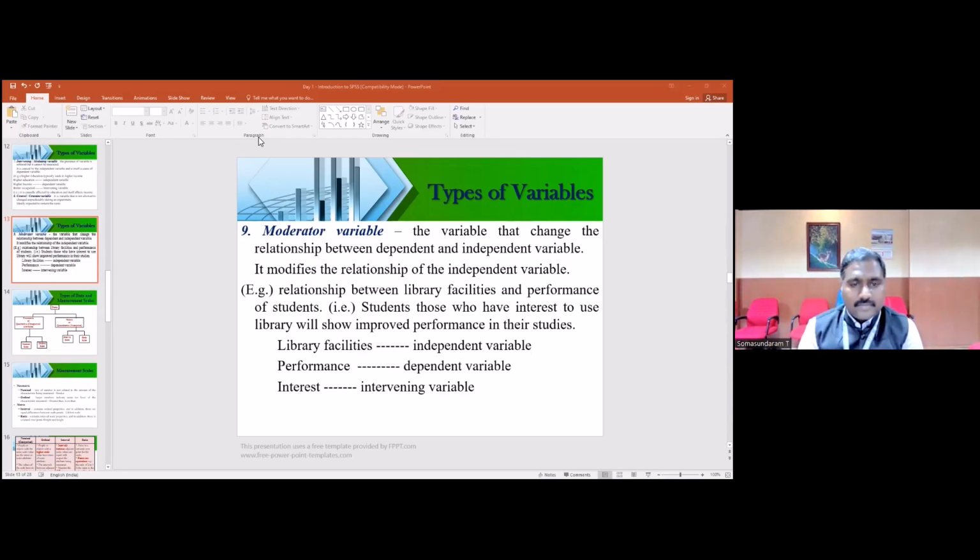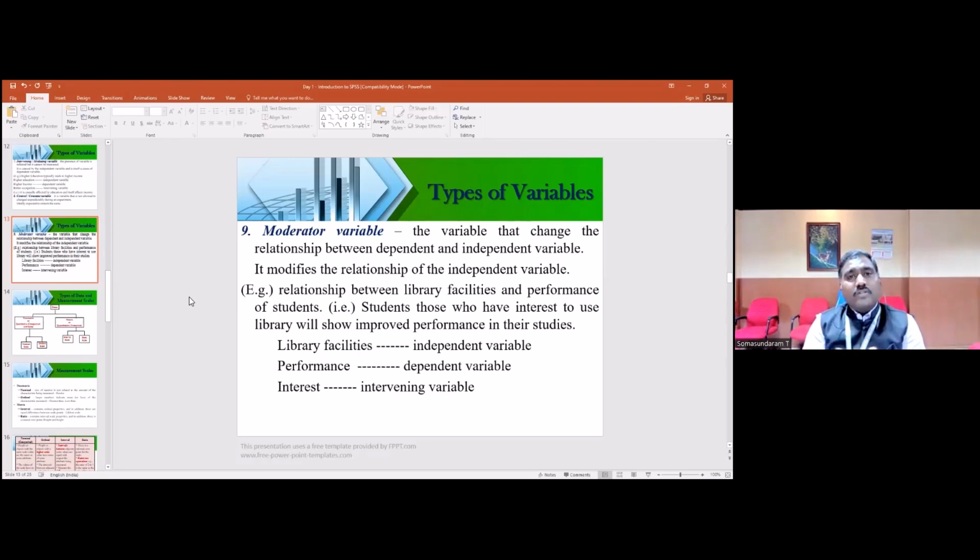Soma sir, there was another question. The selection of analysis, is it based on scale alone? That was one question from the participant. As I told you, not only on the scale. You are not collecting the data only with the help of the scale, right? You have variables. You have collected the variables through the literature review, and you are defining how you want to measure the variable. This is a variable I want to measure in this scale, and this is a variable I want to measure in this type of scale. So accordingly, you can choose the analysis. It is not that your analysis only depends upon the scale.